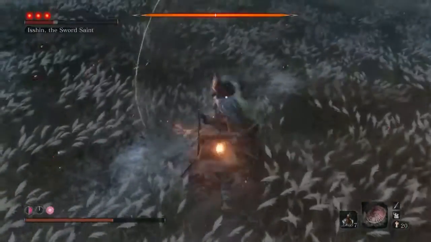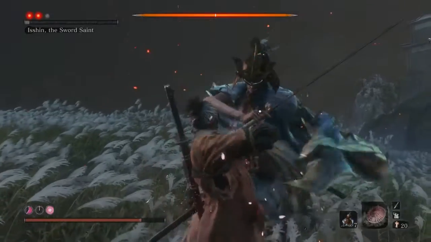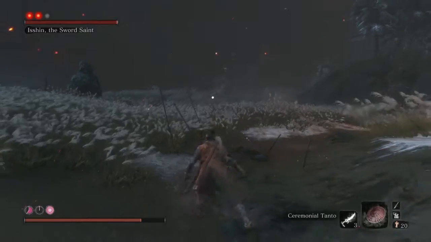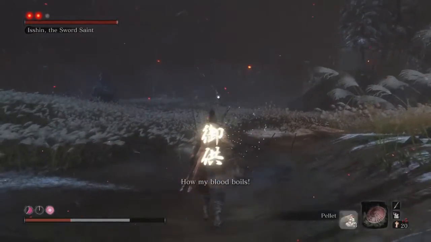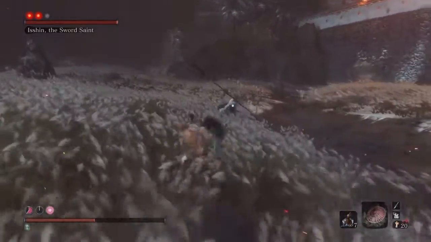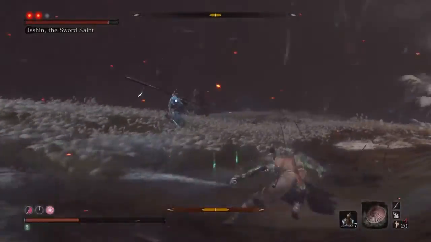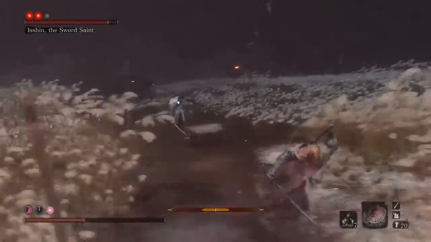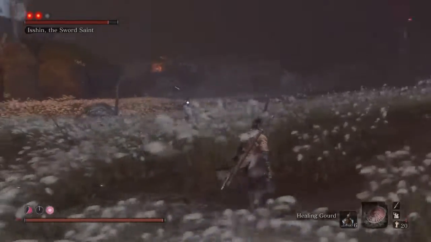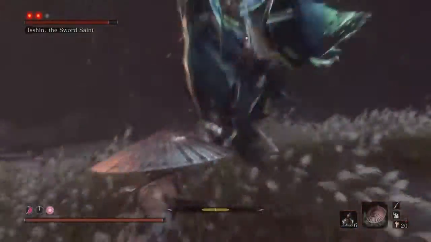Best friend. Get a little bit of health back and get distance. And I think, yeah, he's the ceremonial knife. Because you use the shield a lot here. Pretty much anytime you see him pull the gun out. So when he does that downward slam,